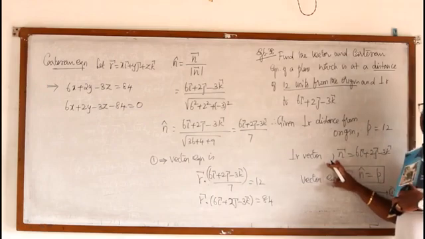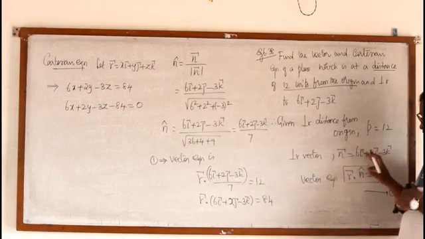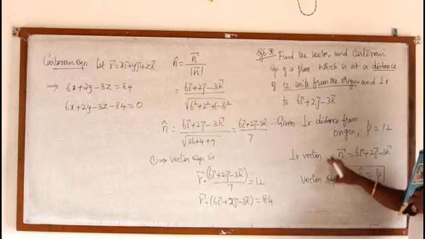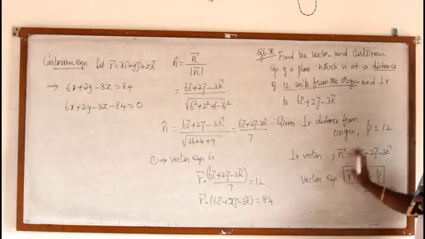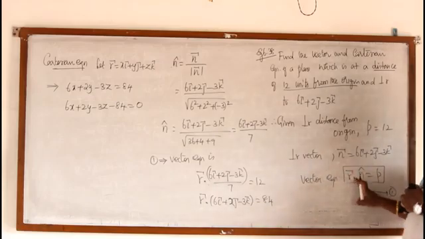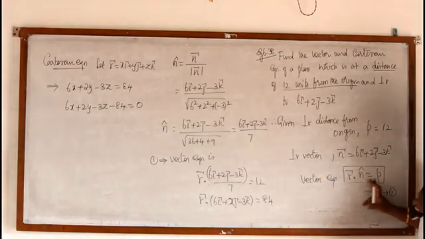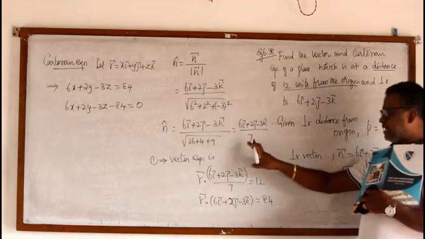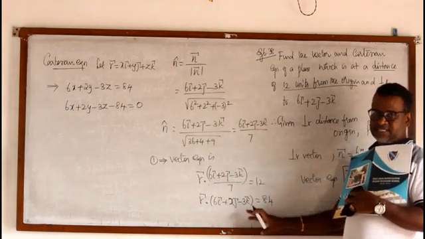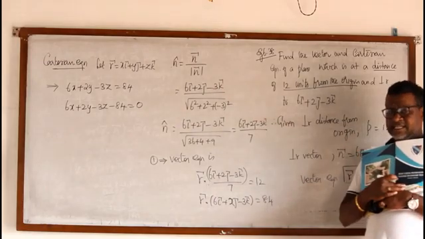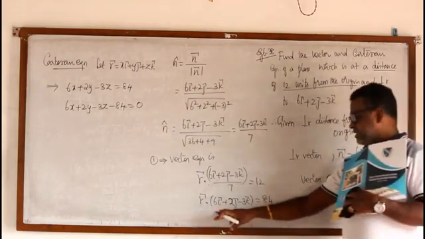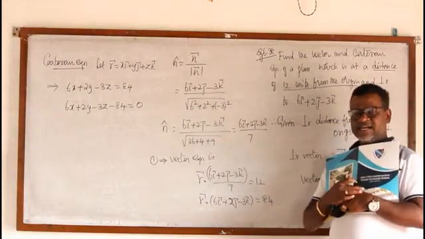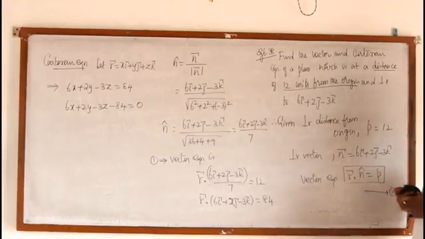Perpendicular distance from the origin is p. Perpendicular vector is always the normal vector, n vector. If it is a unit vector, I must take it as n cap. If it is a normal vector, I must take it as n vector. Then the vector equation is r dot n cap equal to p. So find the n cap, apply it here and then simplify. This is the vector equation. For the Cartesian equation, instead of i, j, k I can put x, y, z, and I will get the Cartesian form. That's all. It's very simple.